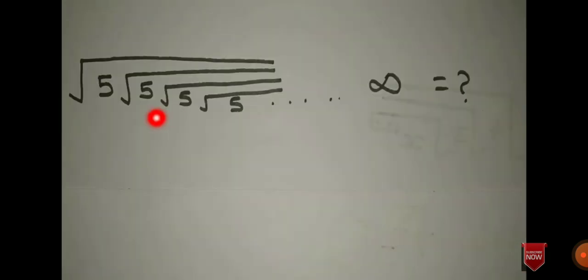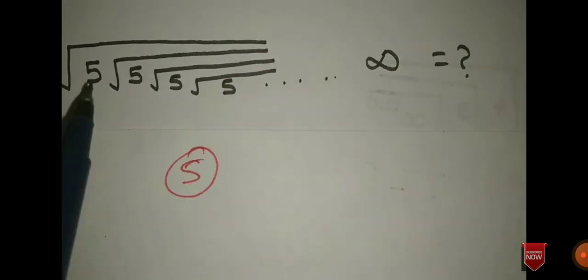Next is, see here, you will be getting a sum like this, root of 5, root of 5, root of 5, so on till infinity. If it goes on till infinity, just check whether they gave any plus or minus in between. If they didn't give anything, then whatever number you are having, either 5 or 3 or 6 or 7, whatever may be, the same number is your answer. So the answer for this sum is 5.